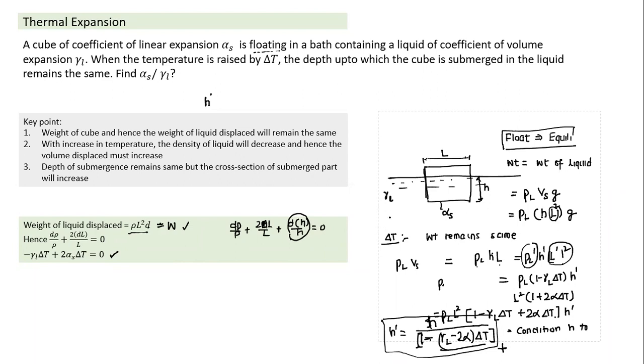Ahlad, is that clear? I just have a doubt in the gamma part. Gamma part, okay. What is the doubt you have? Coefficient of volume, right? So when this happens, we take the area of the bar to be constant and length will increase, right? No, basically, in the gamma part here, we are talking about only density. How would the density of the liquid change here? Does it have to do anything with the cross section? Not at all. So the volume of the liquid will increase. Right? Volume, that's why density is changing.